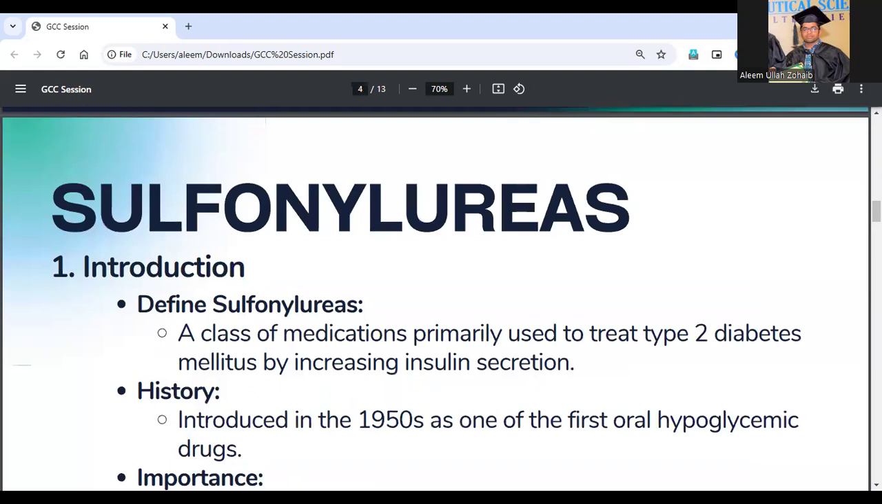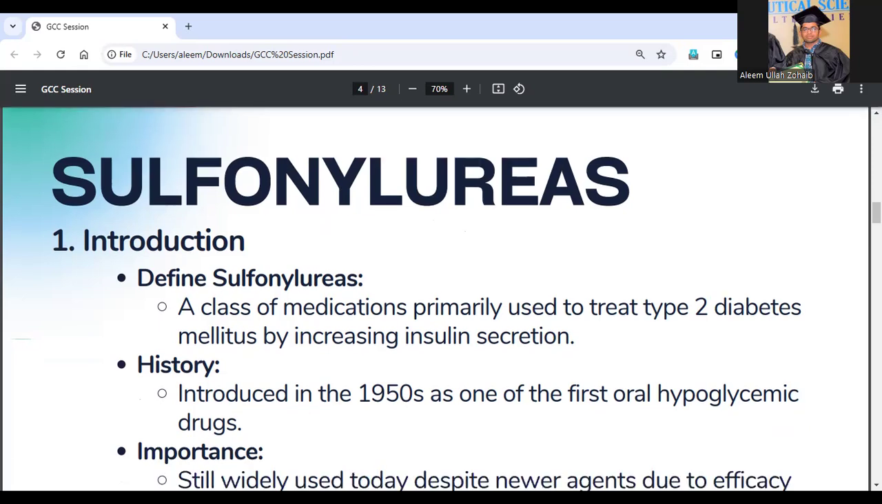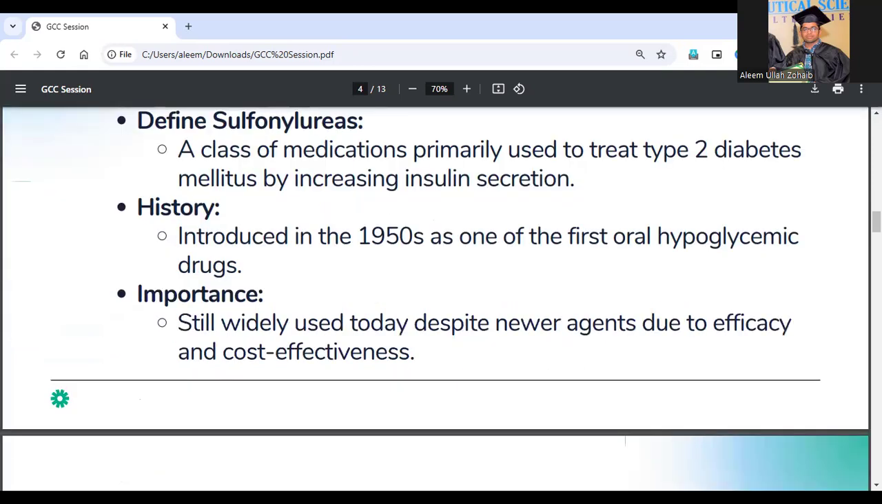Today is the first session, and we have chosen the topic sulfonylureas. Sulfonylurea is a class of medication used to treat type 2 diabetes by increasing insulin secretion. It is mainly used for type 2, not type 1, because type 1 doesn't have the beta cells on which the sulfonylurea acts. It was introduced in the 1950s for the first time and is still used due to its efficacy